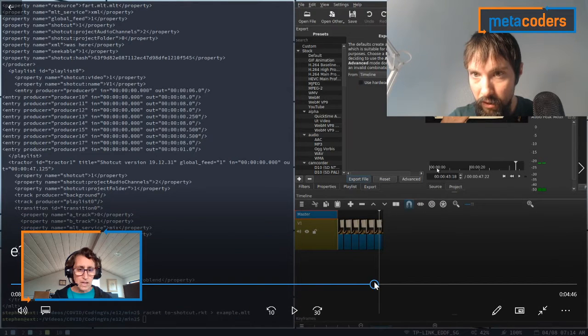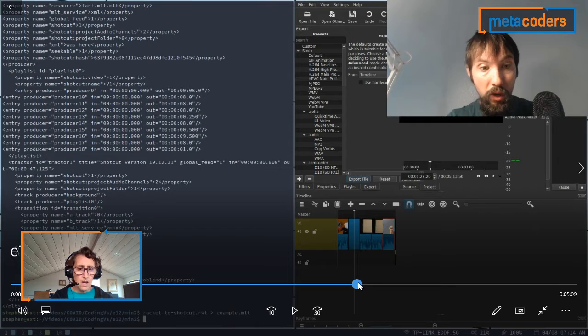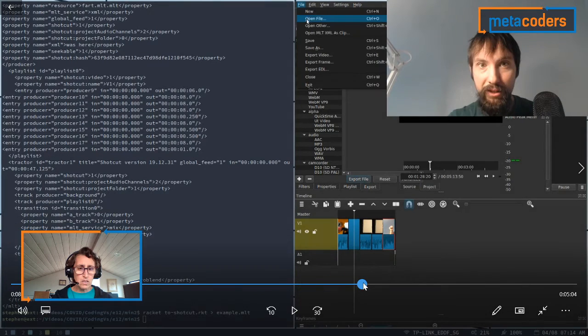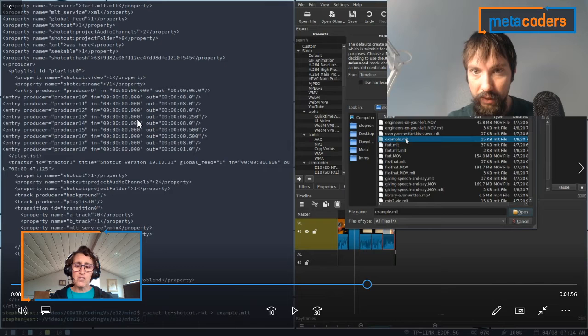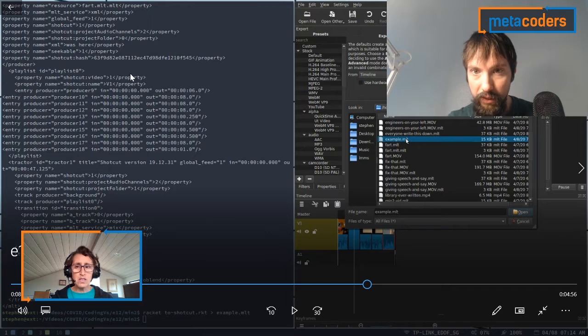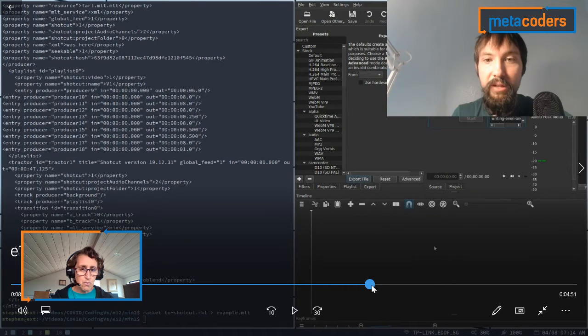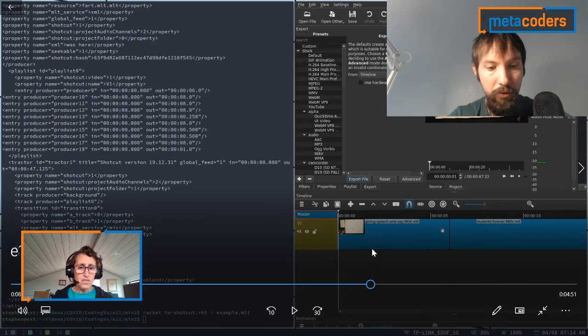I just want to back this up a little bit to show you what he was trying to show you. So he created this XML file that printed out to the screen, and he put that information into a file called example. Then he opened. This is one screen that he's looking at. This is the other screen. This is where he's running Linux. This is where he's running the Shotcut program. He opened the example file, and then I think it was really quick. Oh, it's right there. You can see we saw back in his